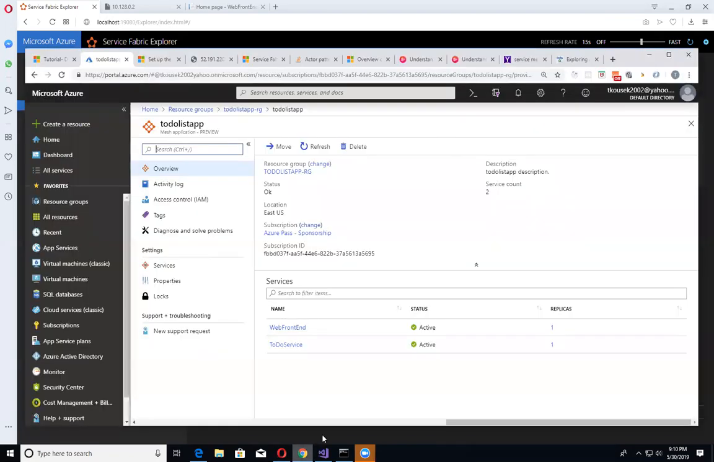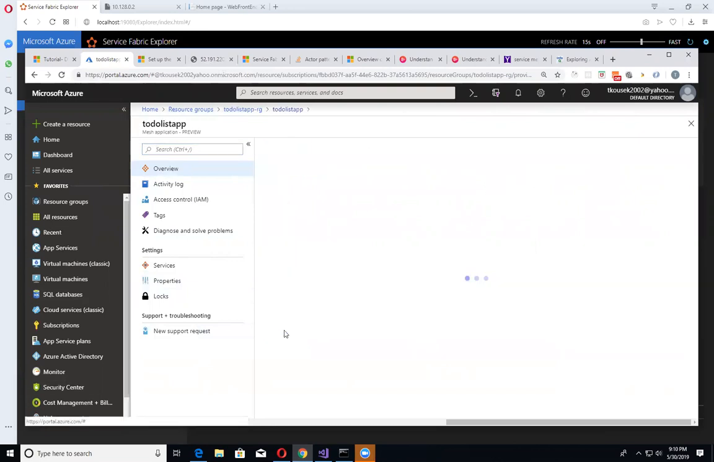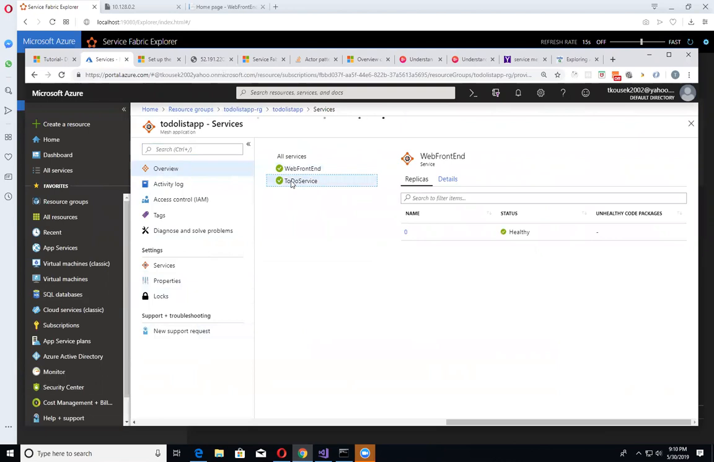Now, I went ahead and deployed this application out to my own Azure account right here, and that's what you're kind of looking at. Under the to-do list app resource group, I've got the mesh, which shows 2 services. We have a front-end service as well as a to-do service. The to-do service is kind of sitting behind the firewall, and both of these are running in Docker containers